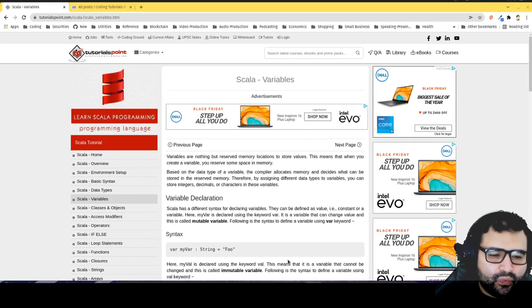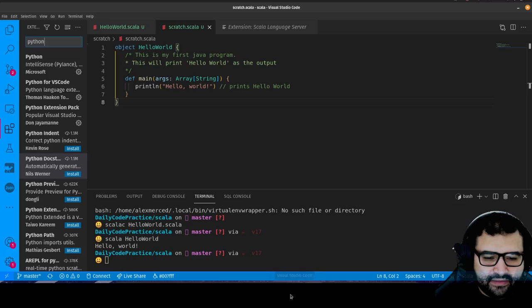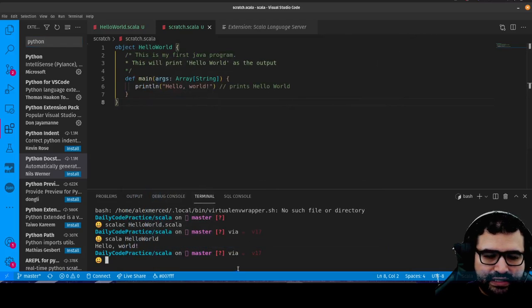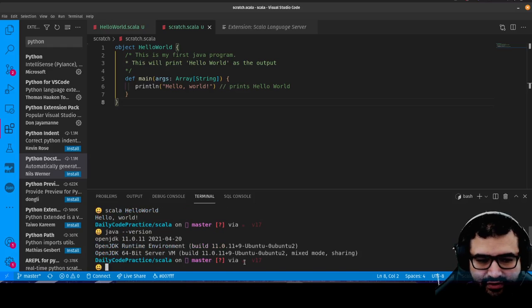So basically, to get set up with Scala, first I installed Java. I had Java 11 already. If I do java -version, you'll see I have Java OpenJDK 11. I did install 17, which is the newest one, just because I couldn't quite figure out how to swap the versions to upgrade 11 to 17.